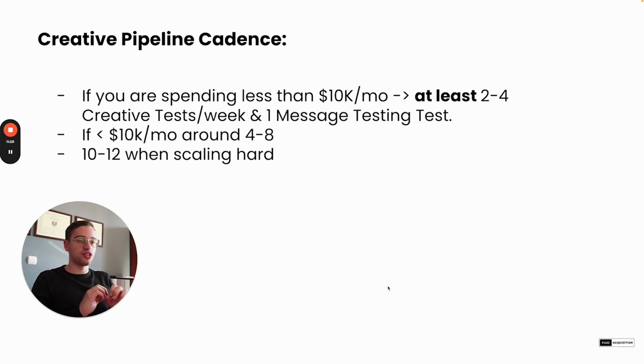One big disclaimer here. This number of assets is a mix of net new assets and iterations. So 80% should be iterations, chasing different hooks, different headlines, different styles of creatives, but on the same winning messaging. And maybe 20% is net new assets. Obviously, at the start, the majority will be net new assets because you don't know what's working. But after a point, make sure you focus on what has been proven. This is the only way you're going to see consistency at scale,